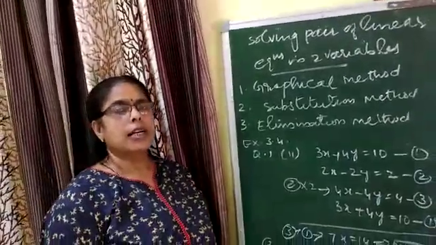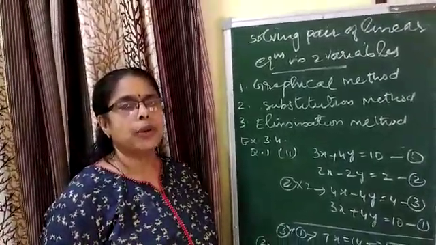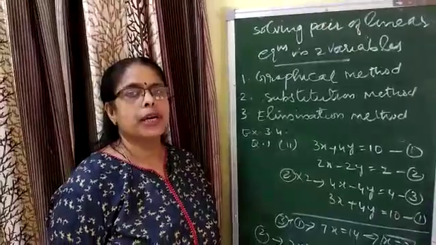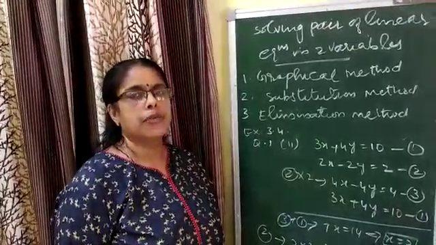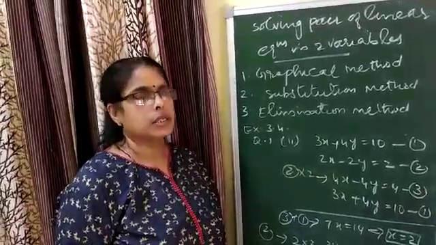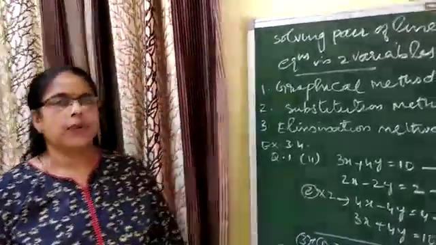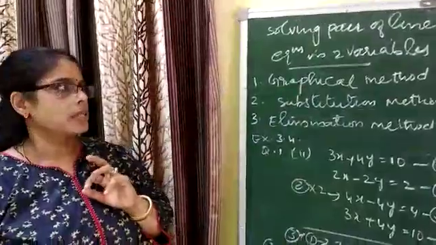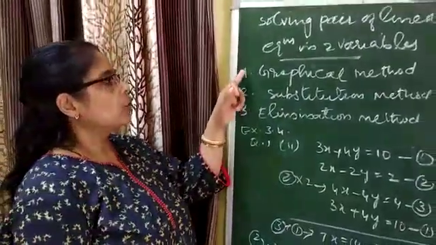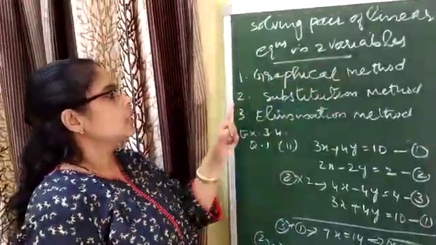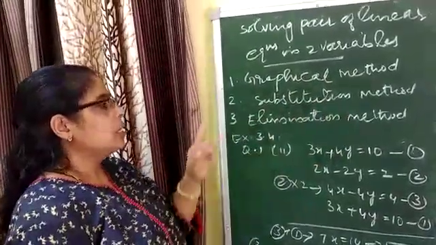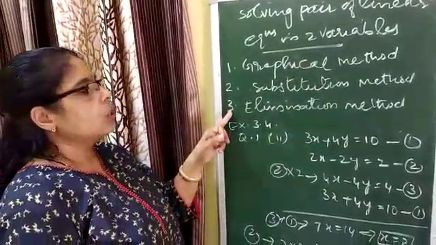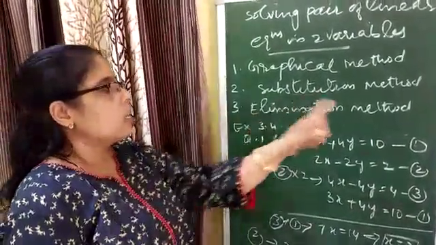In the last 3 days we had done the revision of the topics that we have done in the month of April and May, and also today we have taken one online test. Now let us start the further topics of chapter 3, solving pair of linear equations in two variables. We have already done the first two methods, that is graphical method as well as substitution method. Now today we are going to learn the third one, the new method, that is elimination method.